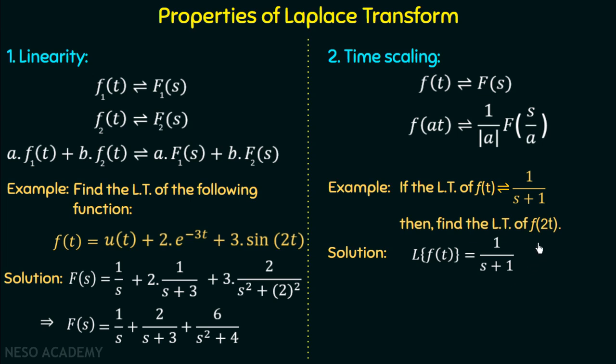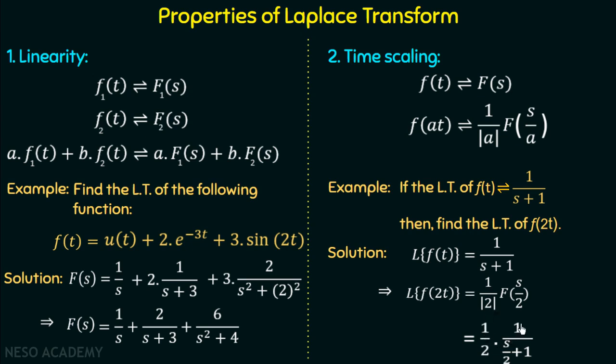So we will use the time scaling property to find out the Laplace transform of f of 2t, and we can write it as Laplace transform of f of 2t is equal to 1 over mod 2, because the value of a here is 2, F of s over 2. Now we need to substitute s by s over 2 in the Laplace transform of f of t. So we can have 1 over 2, because 2 is a positive number, so mod of 2 will be 1 over 2,